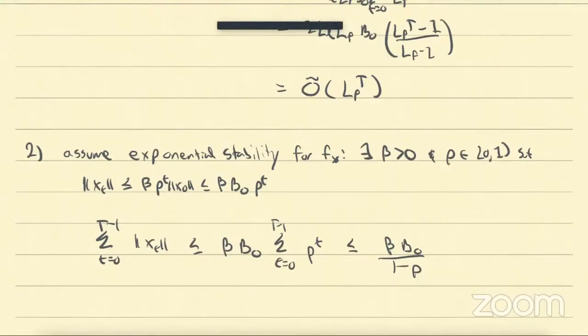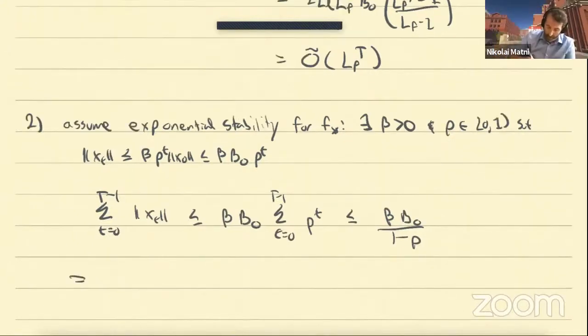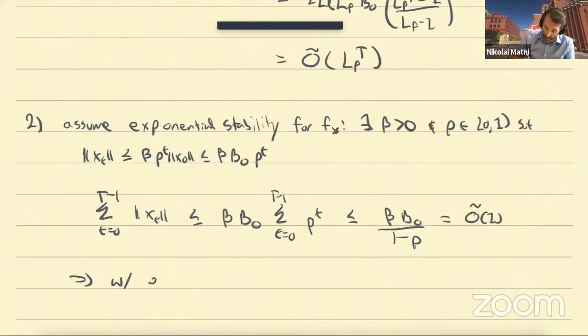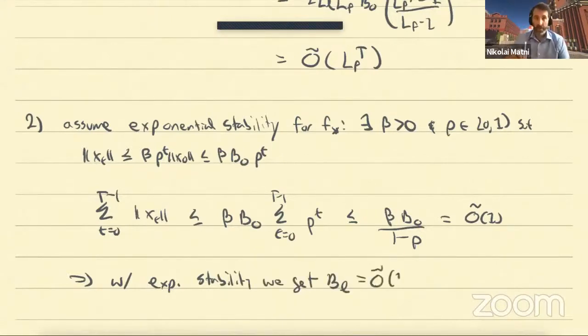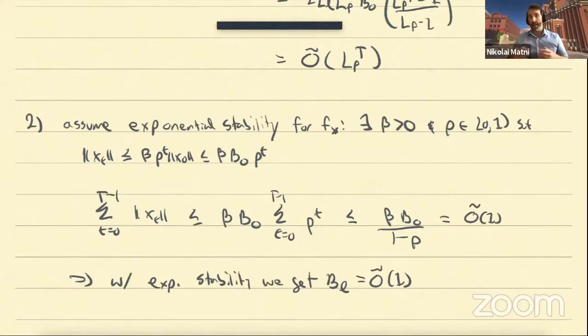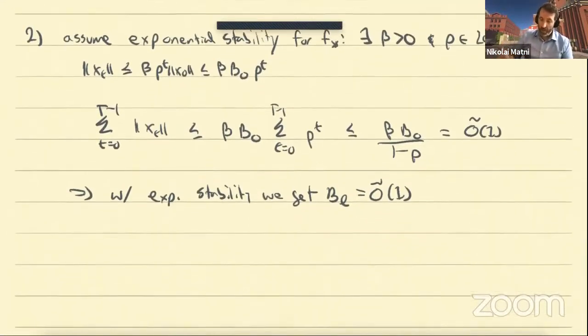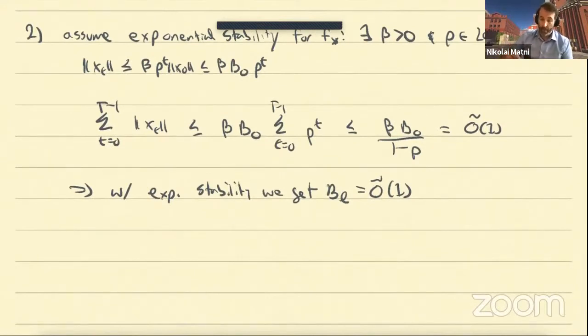So the key takeaway here is that this is independent of time, of the task horizon, right? So with exponential stability, we get BL is order constant if I'm just keeping track of the dependence on the time horizon. Right, and this is nice, and it makes sense. If things are decaying away exponentially, then there's a certain point after which I don't really need to look at things anymore because they're all the same. They're all basically 0, and that certain point is characterized roughly by this gain of the system.